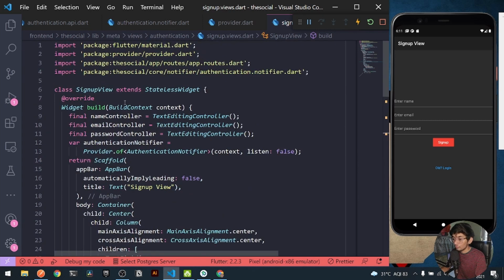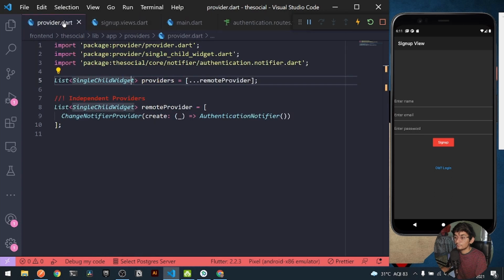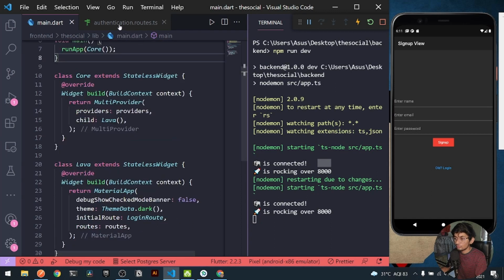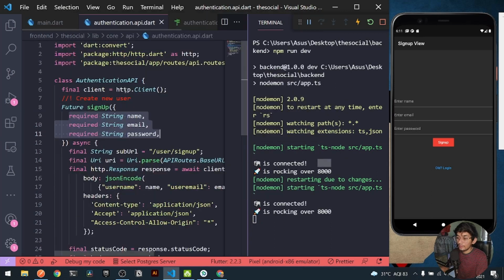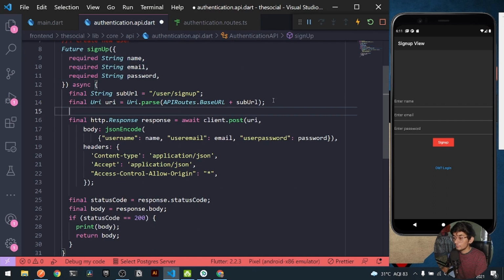So let's try it out, why not? For trying it out, let's close everything which is not necessary, right? Let's open our terminal. Okay, our server is working over 8000. Let's go over to first of all our API, and here I can first of all print my URI for now for testing, right?